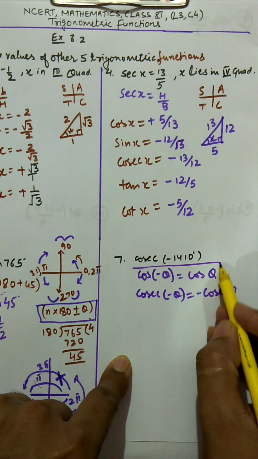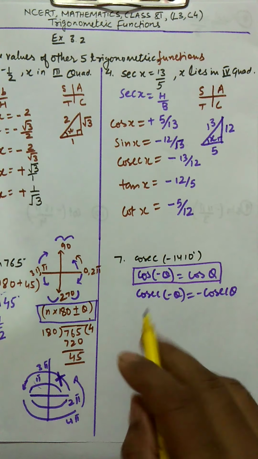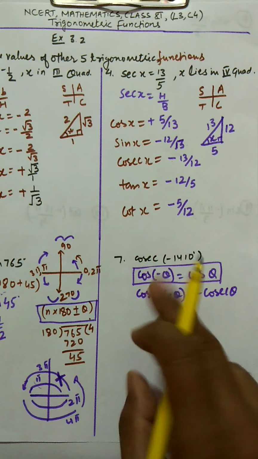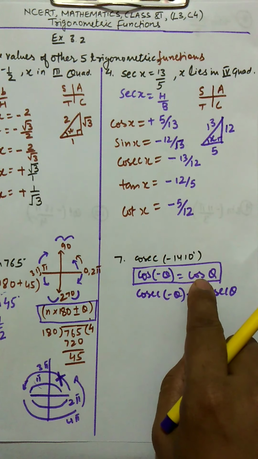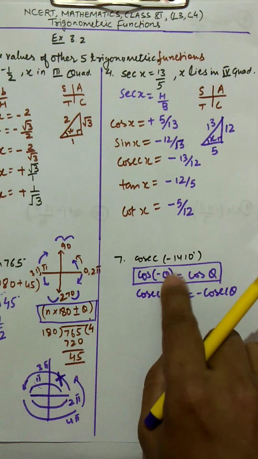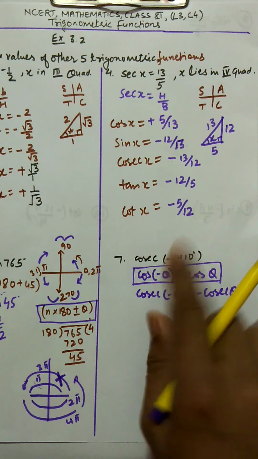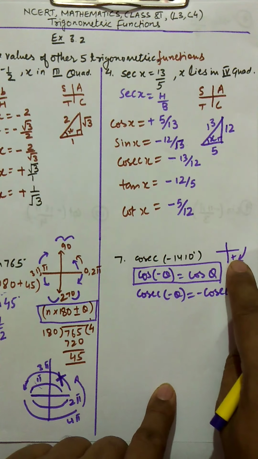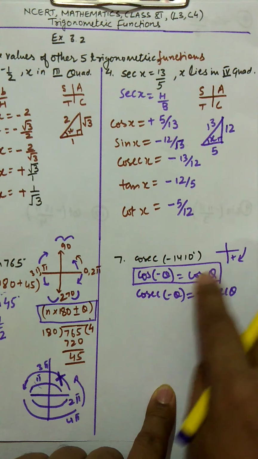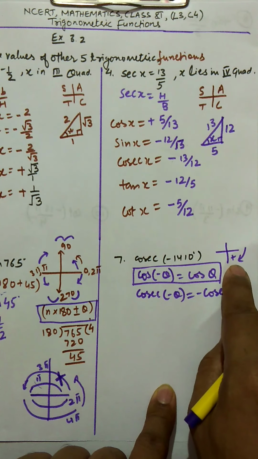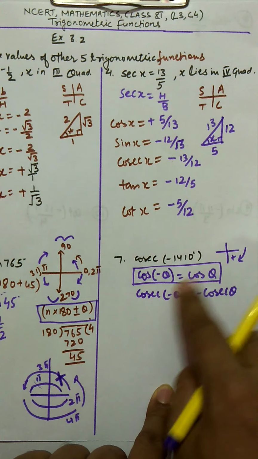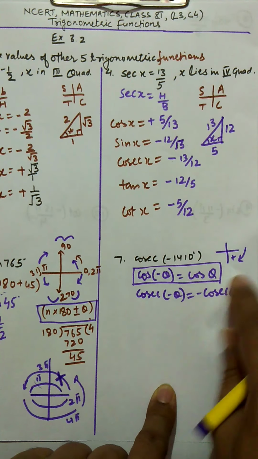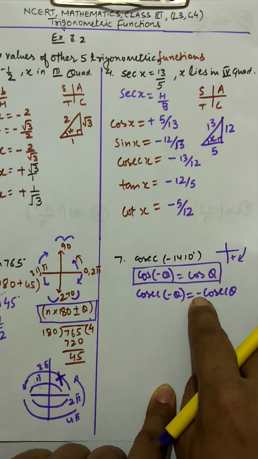So you have to keep in mind that only cos minus theta will be plus cos theta, and its reciprocal is sec also. Sec minus theta will be sec theta, because in the fourth quadrant cos and sec are positive, and we are moving now in the clockwise direction. So we are landing here in the fourth quadrant. So for cos minus theta the answer will always be positive, and if it is sec also, the answer will be positive. For the rest of the trigonometric functions, there are 4 functions left: cosec, sine, tan, cot. All will have a negative sign outside.